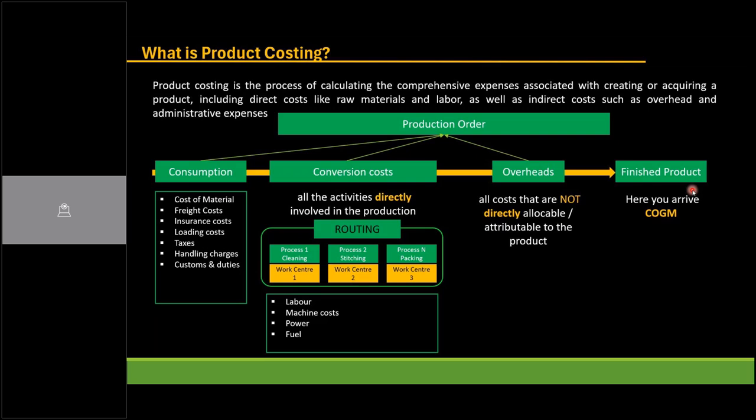We can advise them on the best course of action. Now, you as a product costing consultant should be telling them which costs will come as part of conversion cost, and which should come as part of overheads. There is another technique called template allocation. Then there is something else called splitting structure. How do you bring those costs?